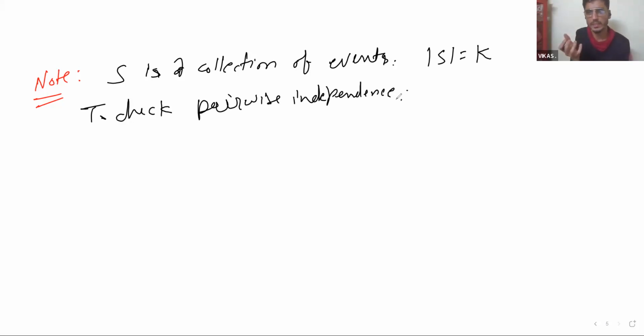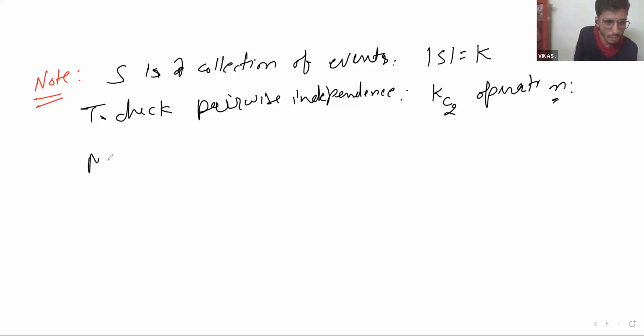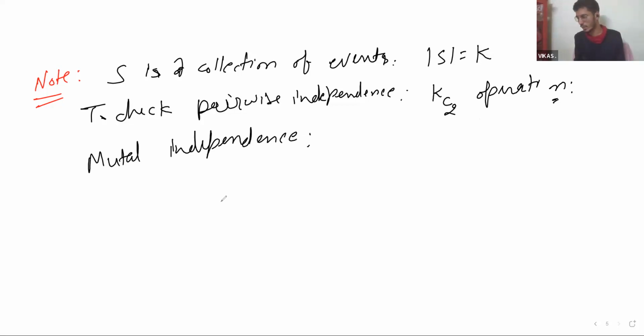actually how many operations you have to perform? In the collection you have to pick every pair and check whether it satisfies the definition of independence or not. These are the numbers of operations. But if you want to check mutual independence, this is the total number of operations you have to check.